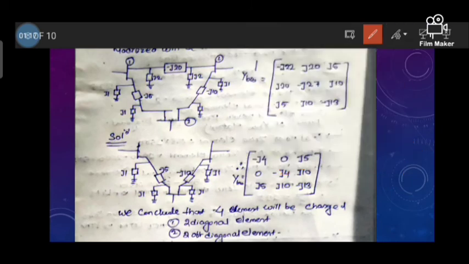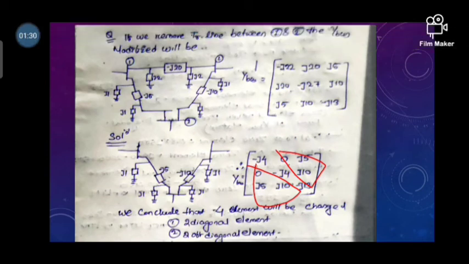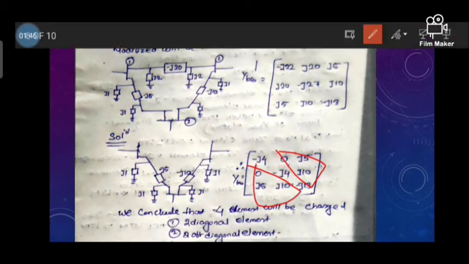So let me first erase. So see here, the off diagonal elements, these 3 elements and these 3 elements, the off diagonal elements are equal and opposite. So how to find the off diagonal element? To find the off diagonal element, we need the admittance connected between the two buses. If we find bus number 1 to 2, that is y1 to 2. Let me write here, y1 to 2.